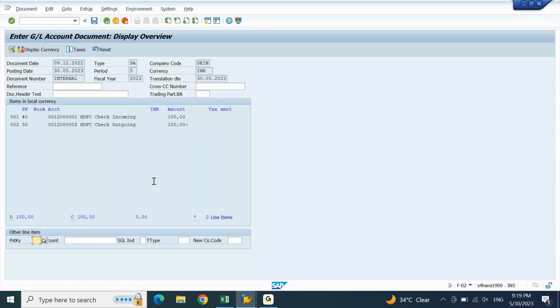Group currency is always derived based on local currency considering the M exchange rate type. Is this point correct? Yes, sir. You're not posting anything specifically in group currency. All your postings are taken care of in the local currency. Group currency is just a derived number based on the exchange rate.